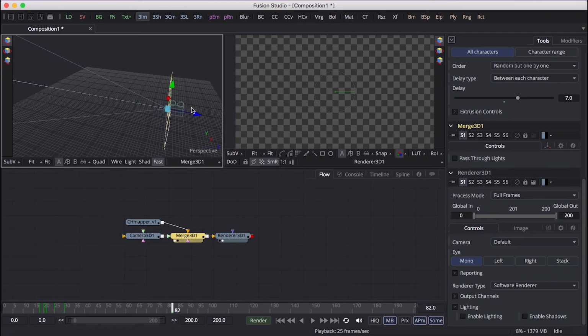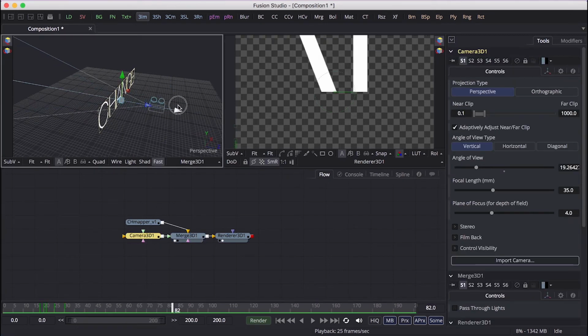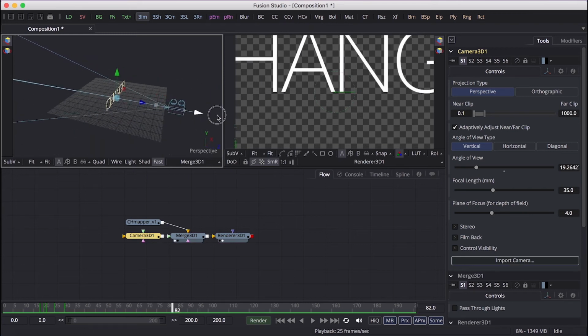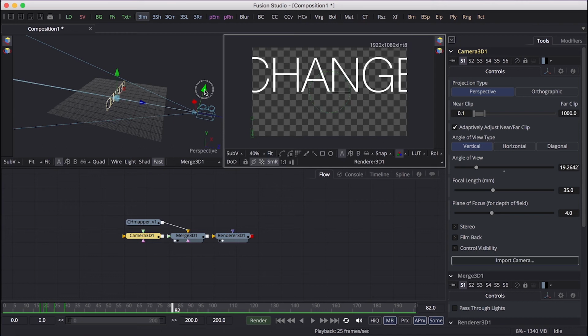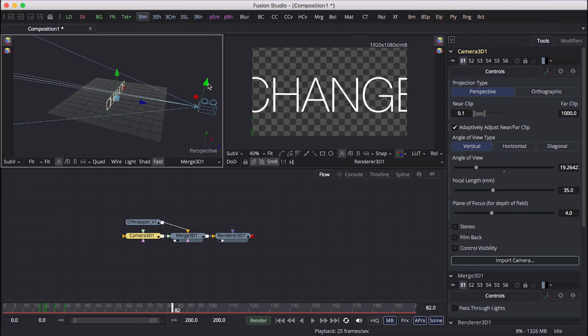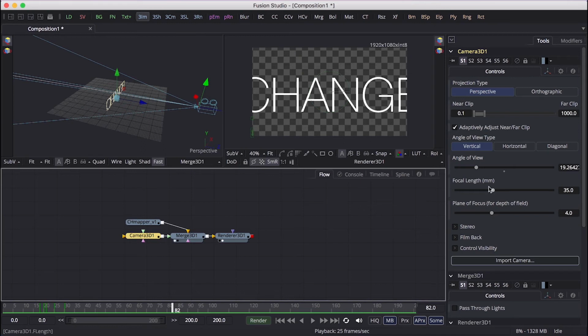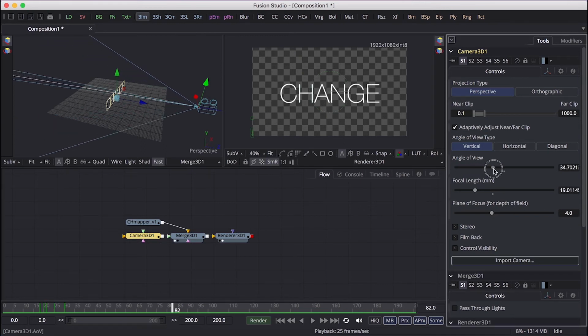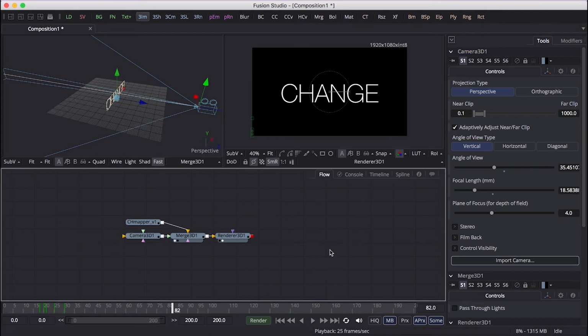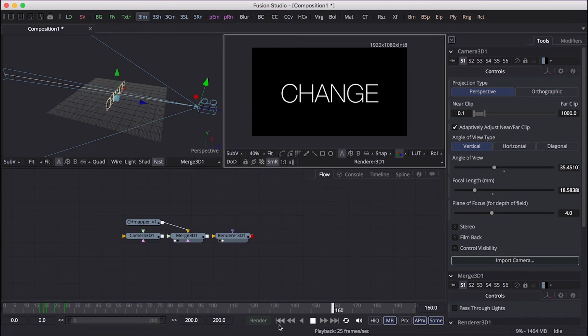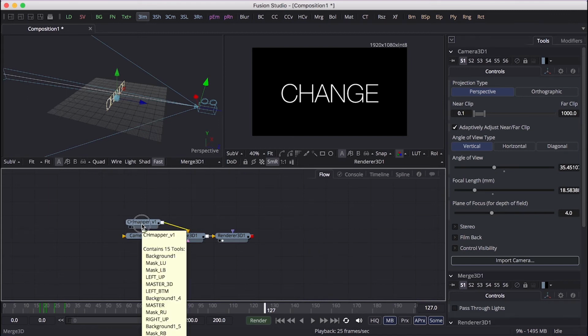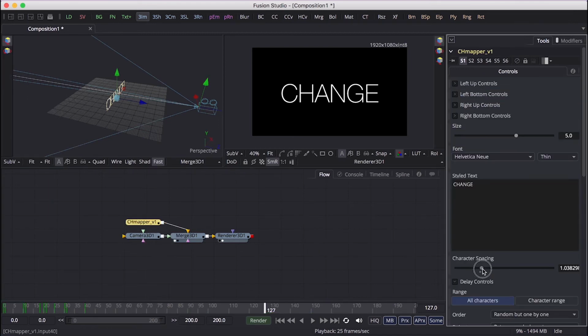Here is our camera. Let's see again. So now we have the 2D version. Let's add some spacing.